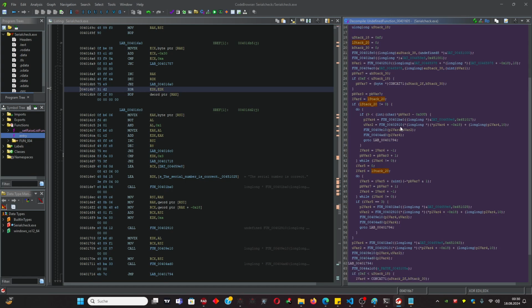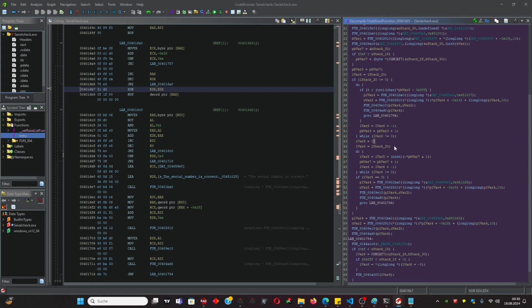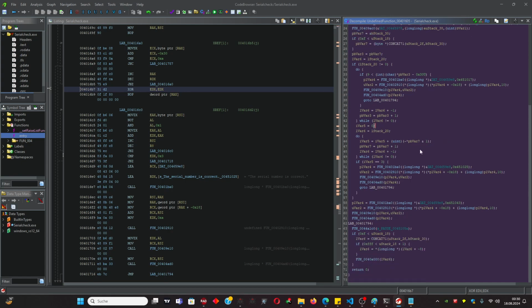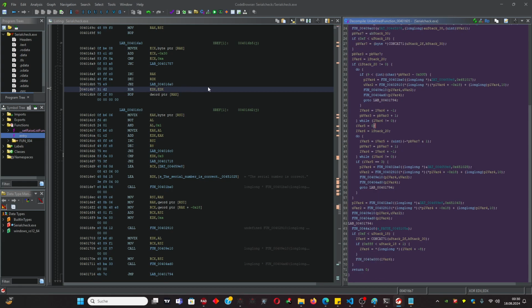I can see it for now, but never mind, it's not so important, because we can investigate the program also in x64dbg, but for now I will just go through the assembly code